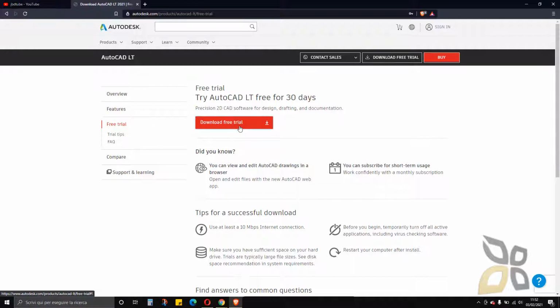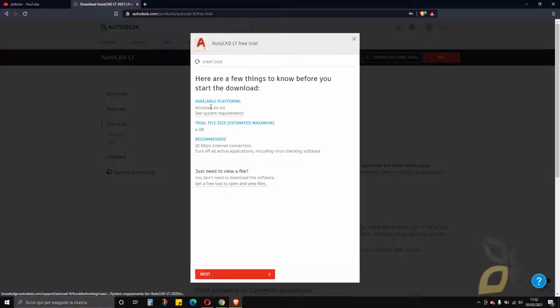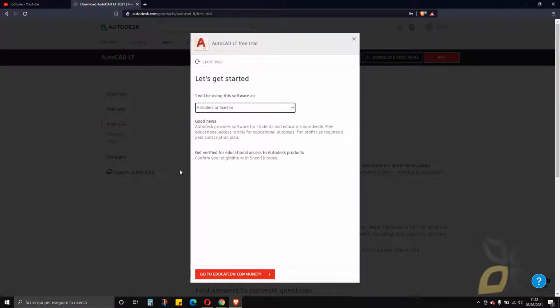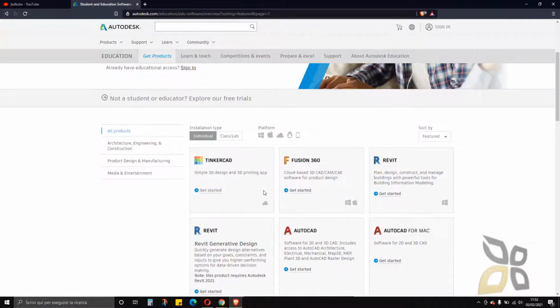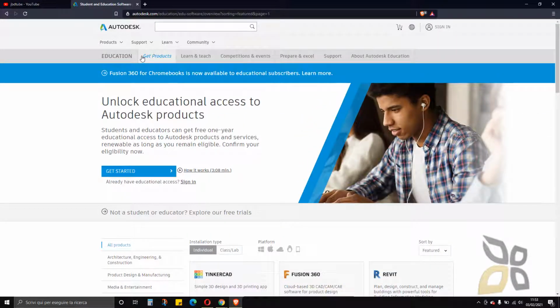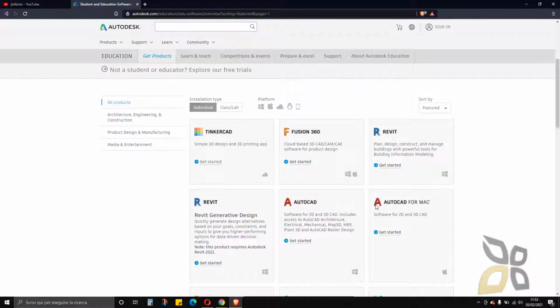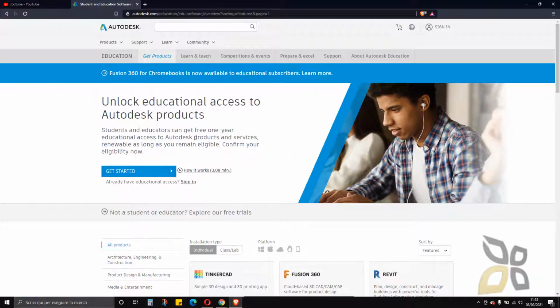So you click here, you download this. Well, you have to go through a bunch of information here, and you have to go through some steps. You must say, yes, I'm a student or I'm a teacher. If you verify that you are a student or a teacher, I think you will get also a longer trial. So just follow through all these steps here, and you can also get the free trial if you are not a student or an educator, or if you are, just get started here and unlock educational access to Autodesk products. You can figure out by yourself. So basically